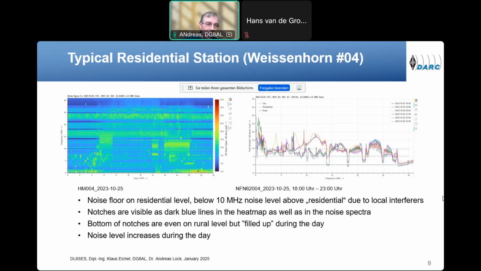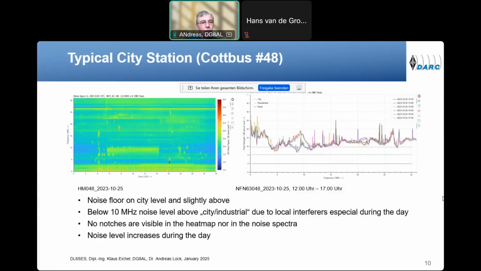And in the morning time and in the evening, you see at about between 10 and 15 megahertz green or yellow areas. These are some disturbances, but the source is not known to us, which is disturbing here. So this is a typical diagram for a residential station. And now if we proceed